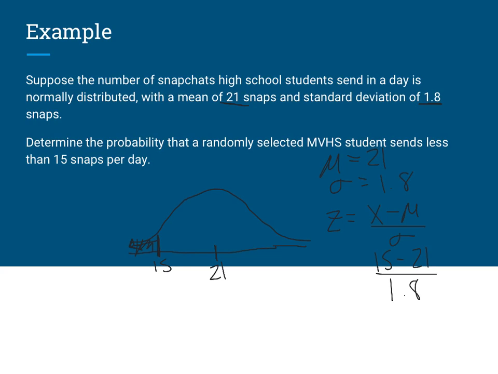So I take out my calculator, and I go 15 minus 21, enter, divided by 1.8, and I get negative 3.3 repeating. So z equals that. Then what I'll do is go to my z table, and I'll try to look up negative 3.3. So negative 3.33 I got, so this z-score corresponds to